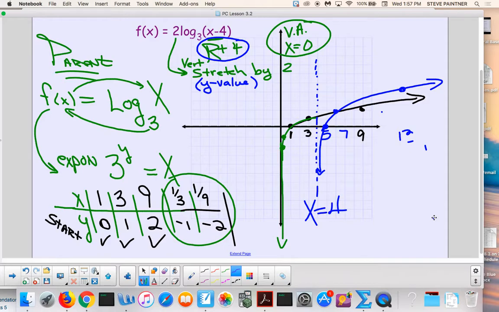Yeah? Hey, does it help you to see the parent? Yes. It does me. People ask me, should I put the parent on paper? I kind of do, because I like to know what points I am moving right for and stretching. I like to know what I'm doing. Some of you might be that